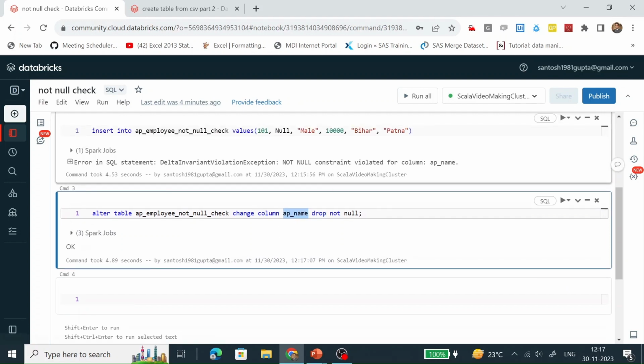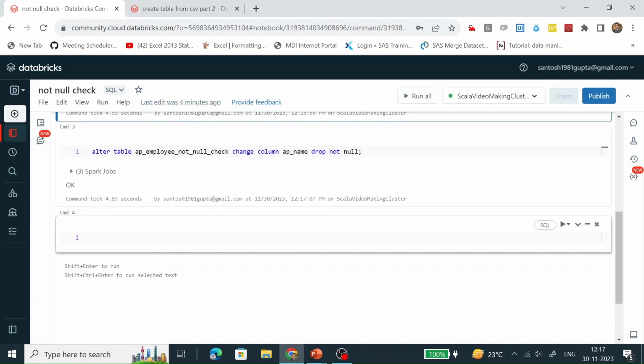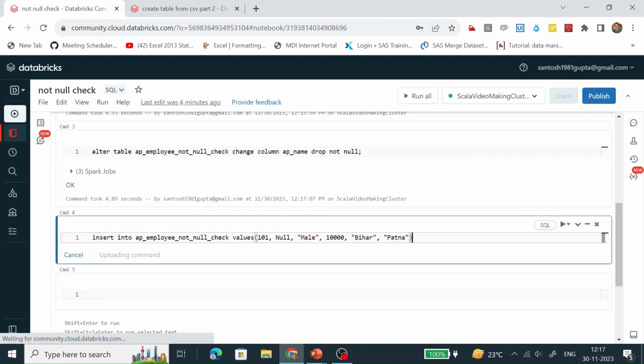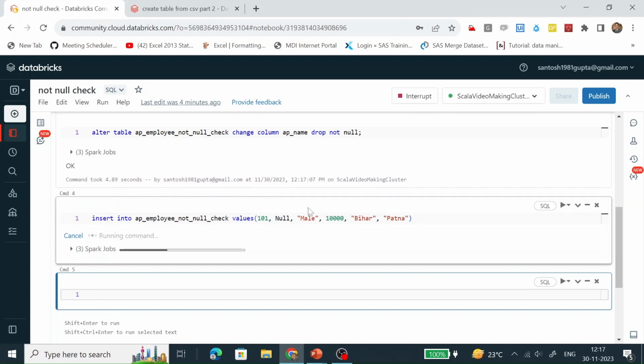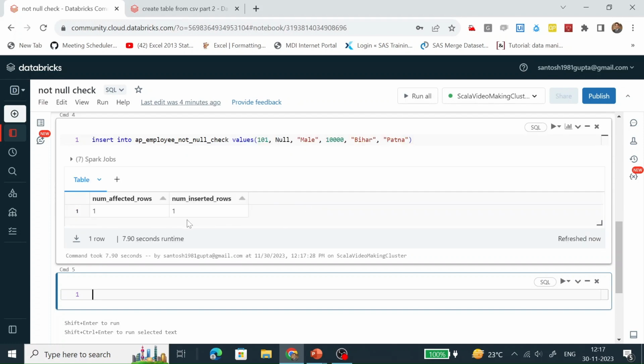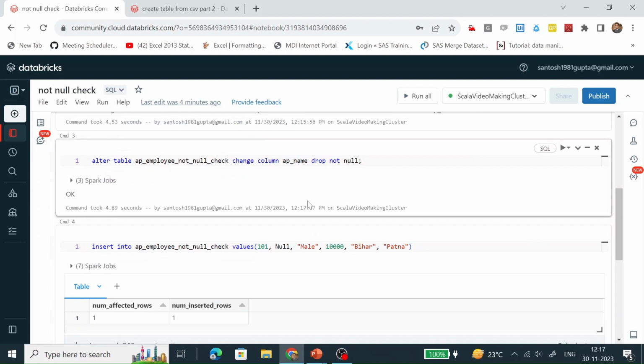Now let's insert this statement again. We can see this insert statement has finally been processed because we have already dropped the not null check from AP name.